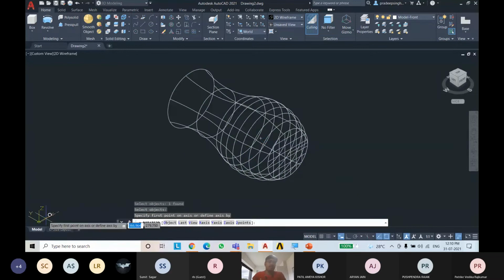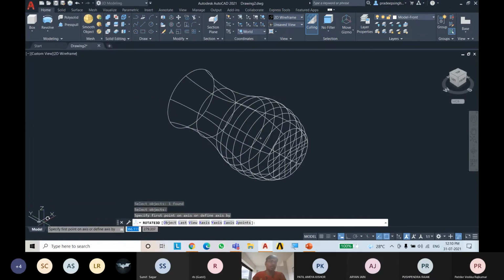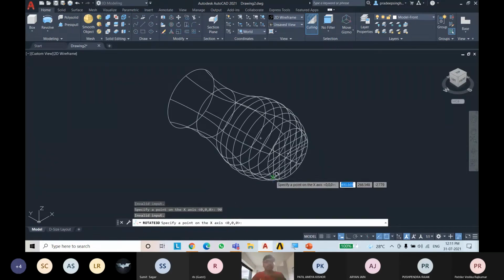We can see that this is in the vertical y-axis, so vertical direction. You can see that there are axes. This axis is the y-axis, and we need to rotate this around the x-axis by 90 degrees. So select x-axis, type 90, press enter. So just go there, press enter.